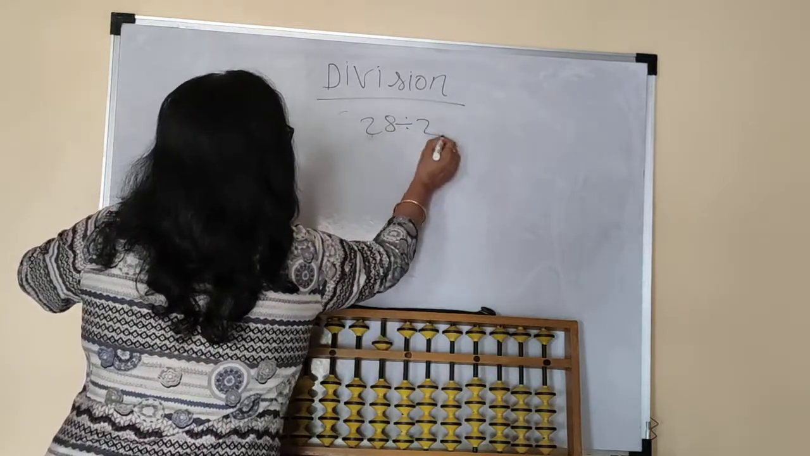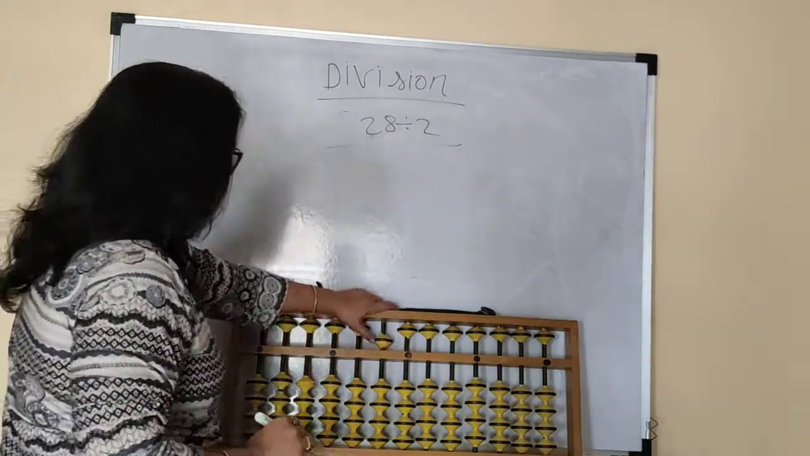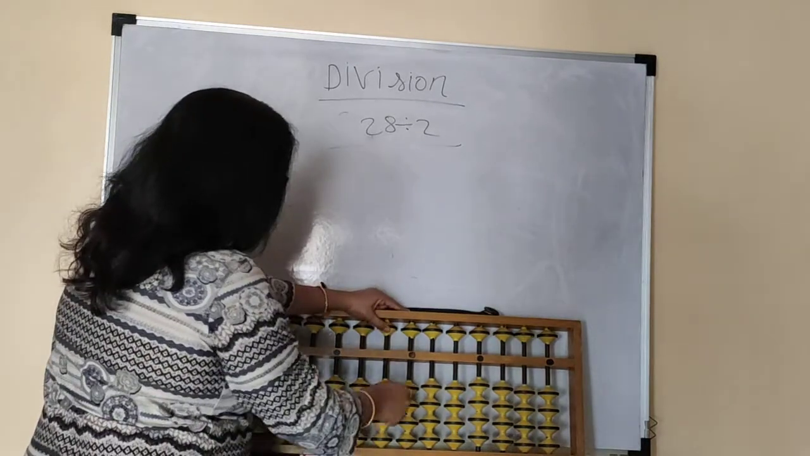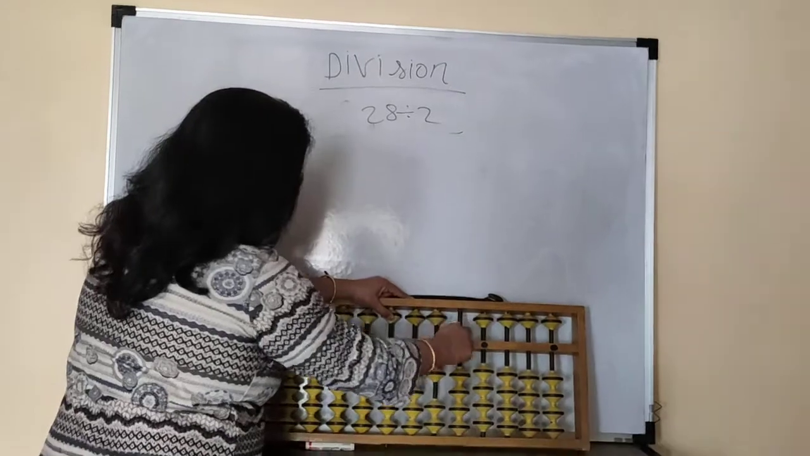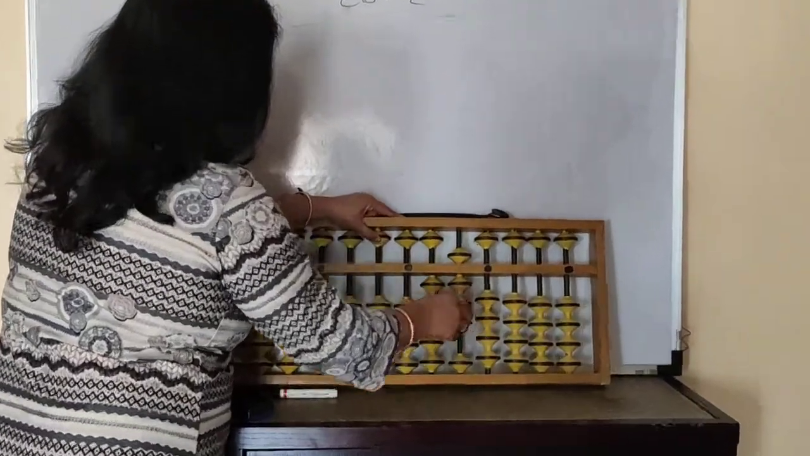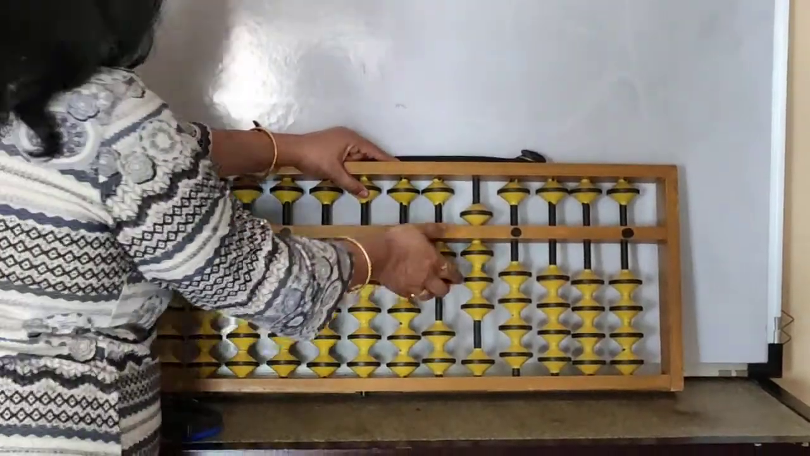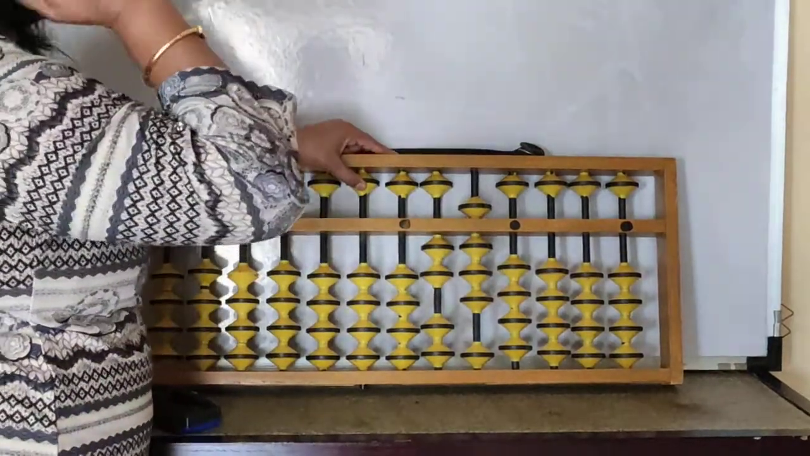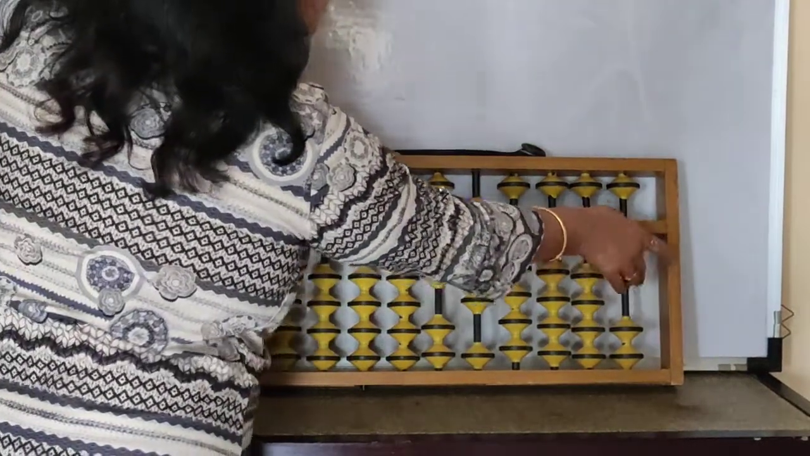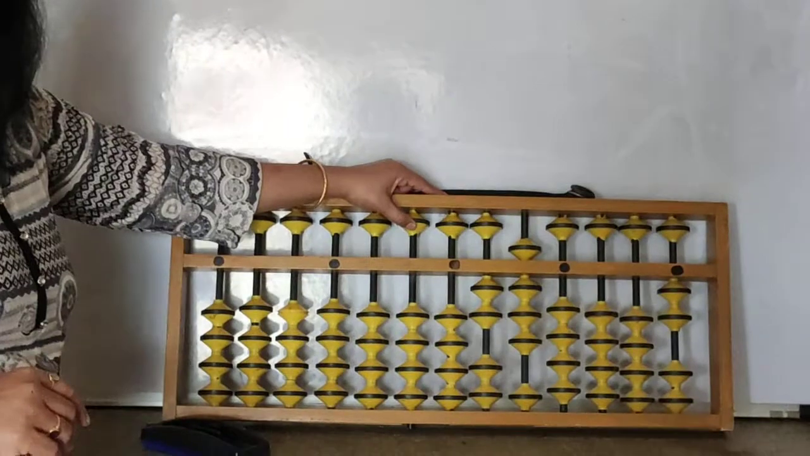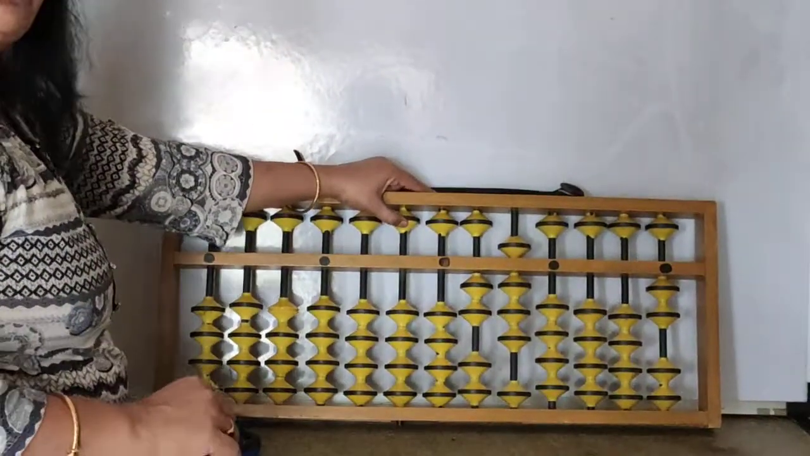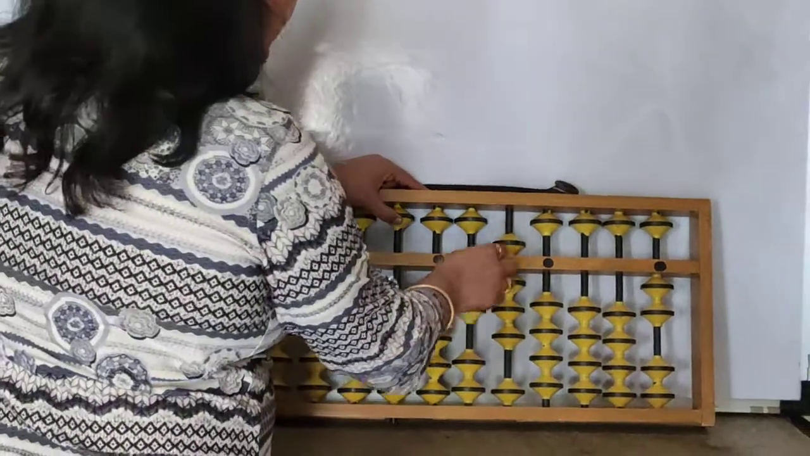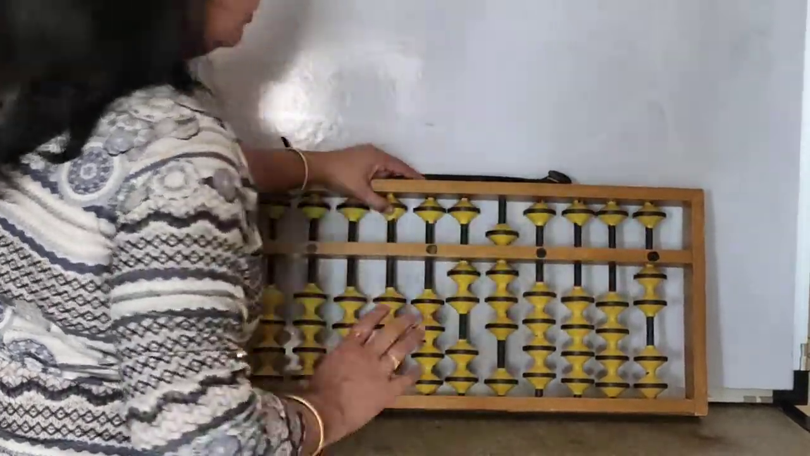28 divided by 2. We have taken this number. This is the 0 rod. I have to start from this rod. I have taken here 28 divided by 2. We have to put it to this side. At the end of the abacus we have to take the divisor. Now 28 divided by 2, and